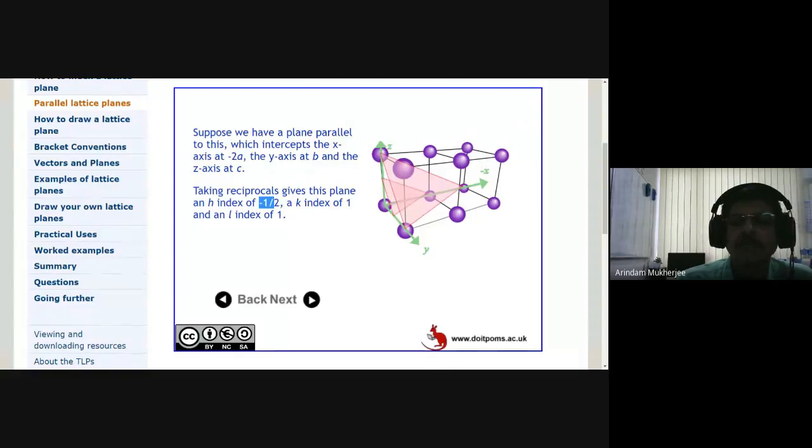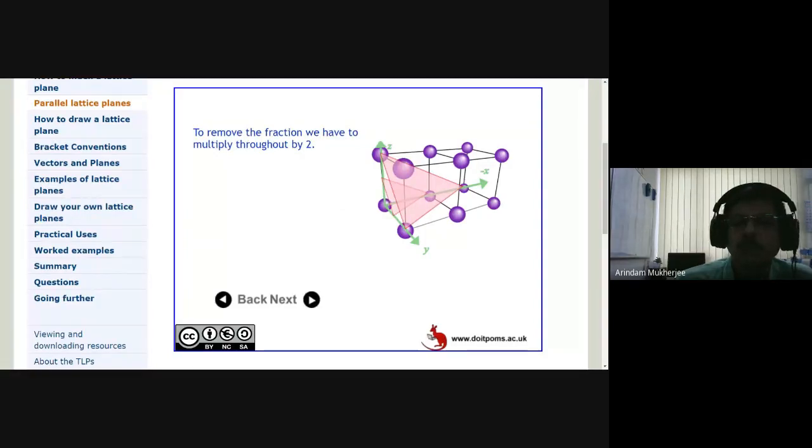Okay, so minus half, because of these two. This one, 1 by 1 is 1 and 1 by 1 is 1, so that is not a problem, but minus half is there. So when you took the reciprocal, now you introduced a fraction. So in order to take that fraction out, you have to multiply throughout by how much? If we want to take minus half, that means minus half 1 1, I have to multiply throughout by what? 2. So I will have